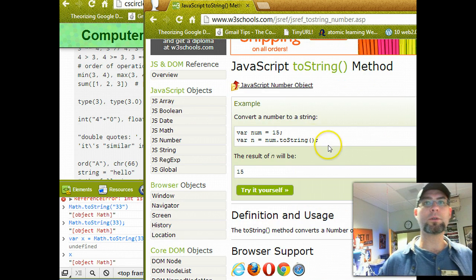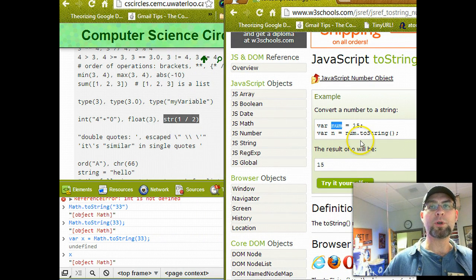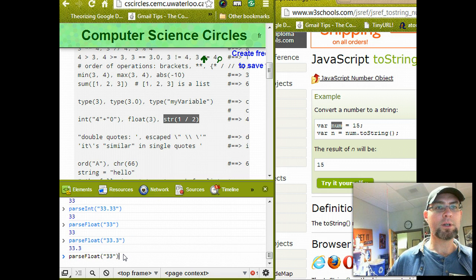Control 0 puts it normal size. So we have num is a variable name, we might assign it. And then we put num.toString on that item. So let's go back. What was our variable up here? We had a variable called x. Or no, it wasn't x. It was